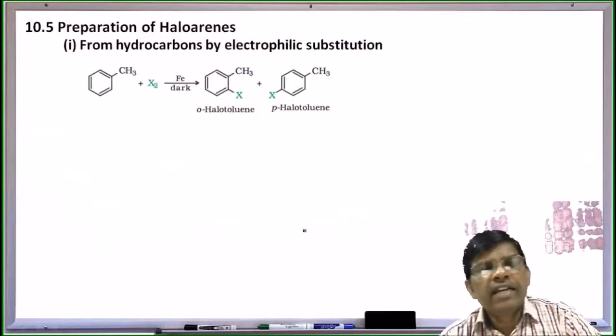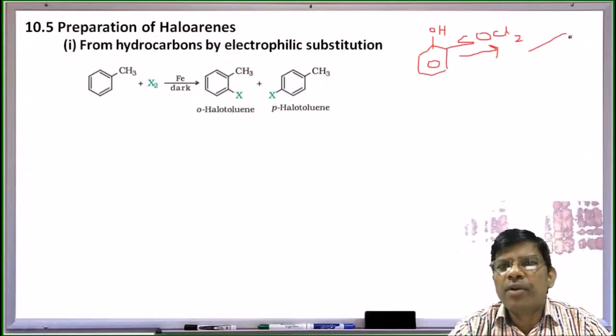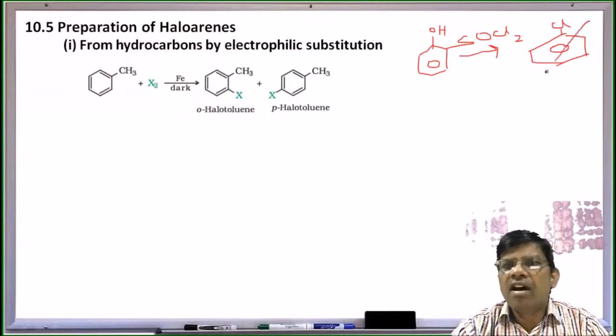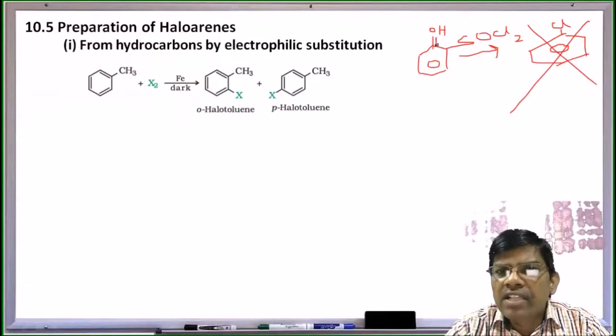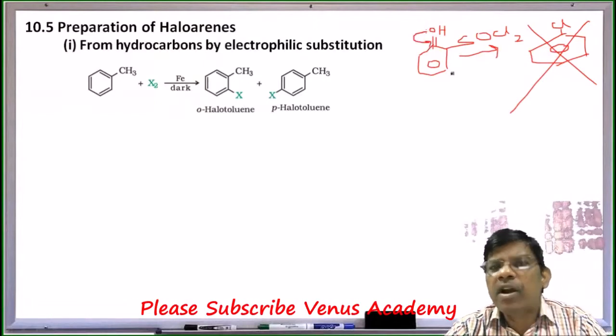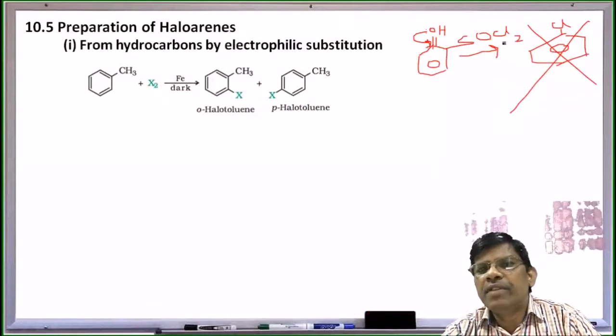And here, when it comes to aryl compounds, I have phenol, and if I treat it with thionyl chloride, am I going to get chlorobenzene? This method is not useful because the phenol C-O bond is strong, because of the presence of this lone pair of electrons, it is similar to some double bond character. So this C-O bond with double bond character is very tough to replace or substitute with chlorine.